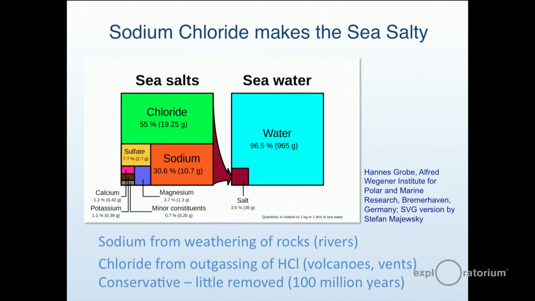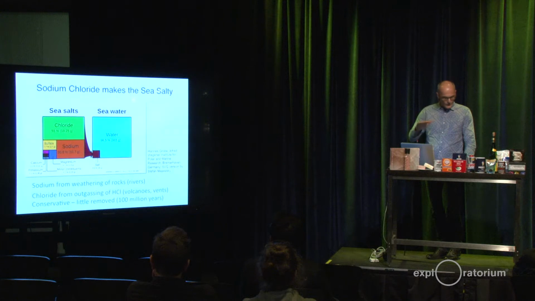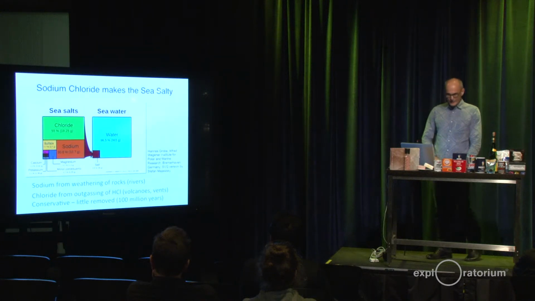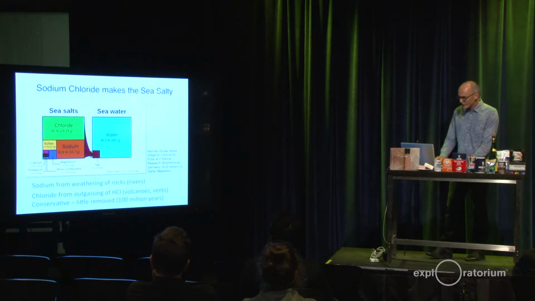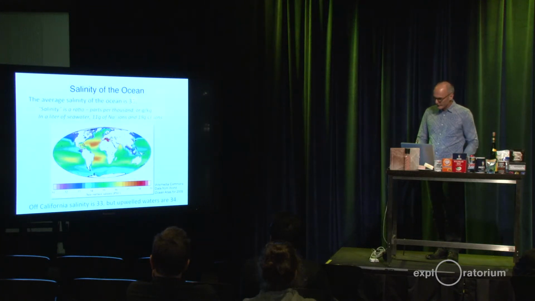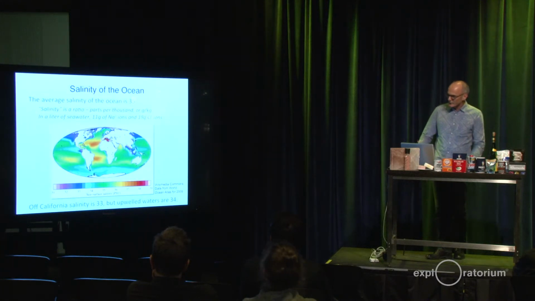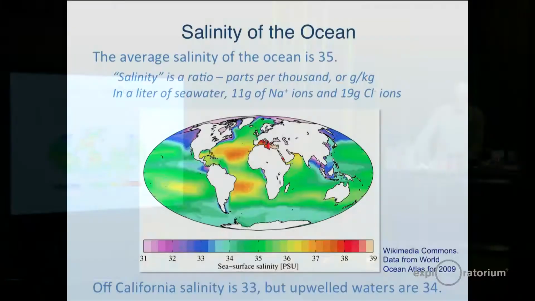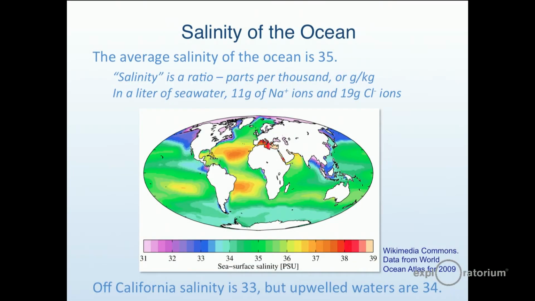And in actual fact, we treat it as a constant. Ocean salinity is 35, which means 3.5% salt, and that doesn't change. And it's pretty much the same everywhere, but not quite. So if you looked at the surface of the ocean, you can see some colors there. Hopefully you can recognize them, the Americas and Africa and so on. Average is 35.